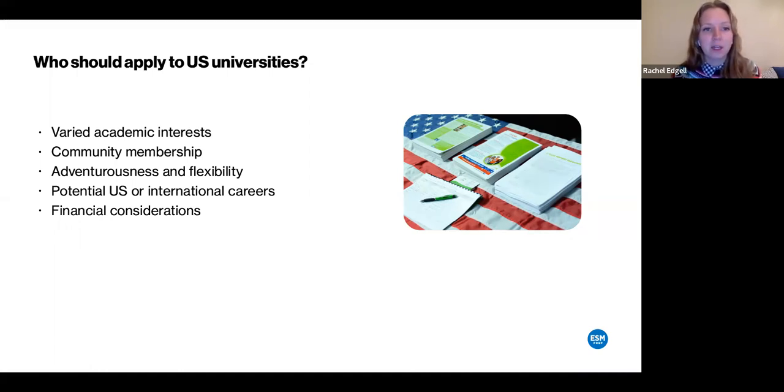I think students who come to the US, in terms of their personal qualities, tend to be more adventurous and flexible, because again, it really is a different culture, and that culture can vary pretty drastically depending on exactly where in the US the student finds themselves. So you do need to be a little bit flexible. There are going to be things that are different. There are going to be things that are confusing. But if you are adventurous and you like exposing yourself to new things, then that will probably be a good